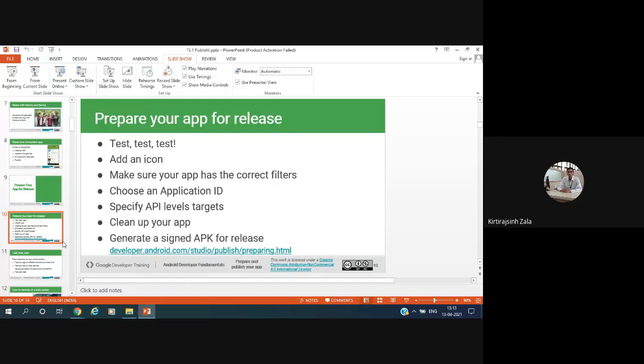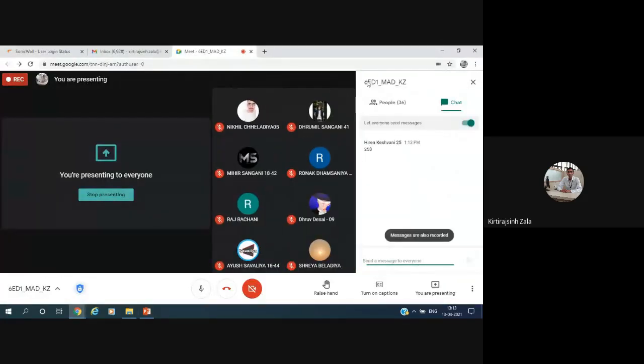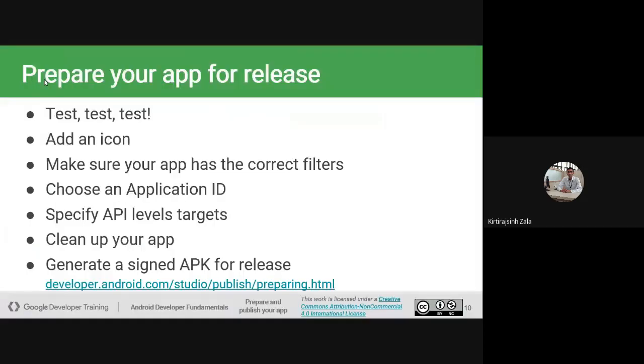Okay, any doubt? $25. Yes, I was about to say that it is actually $25. That was the price, $25, if you want to make an account on the Google Play Store, and then you can upload your application on that Google Play Store.